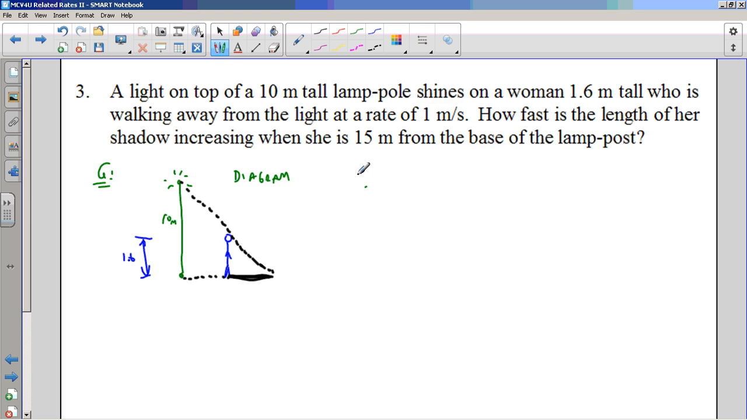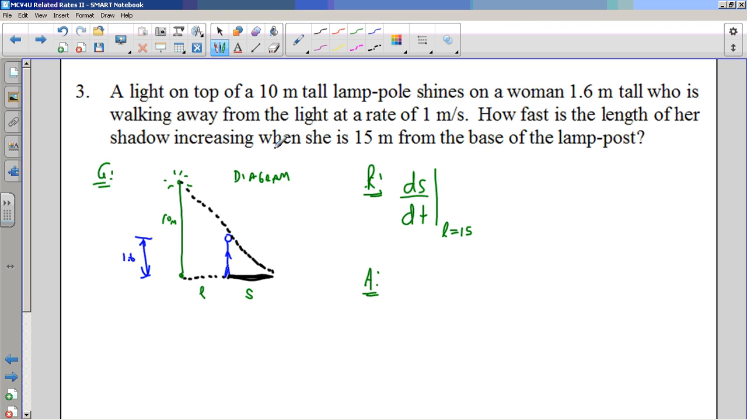Well, what are we required to find? We want to find how fast the length of her shadow is increasing. So we call this S, the length of the shadow. We want to find ds/dt when this distance here, the distance that she's moved, I'm going to call it L for length, is 15, right? Okay, now the problem is